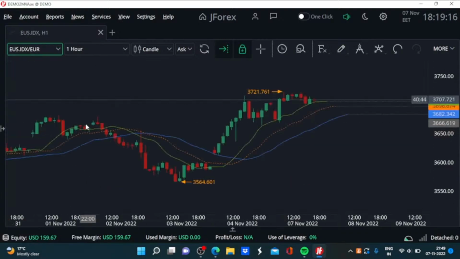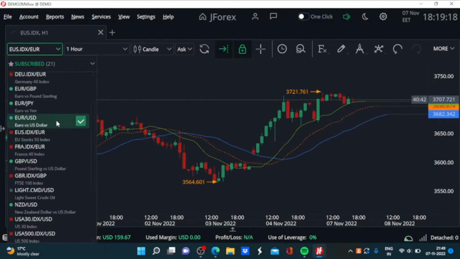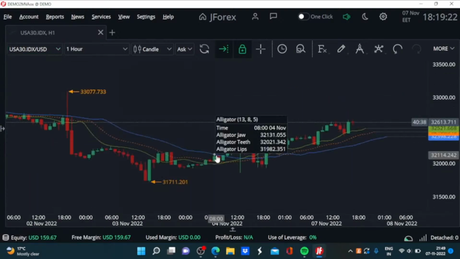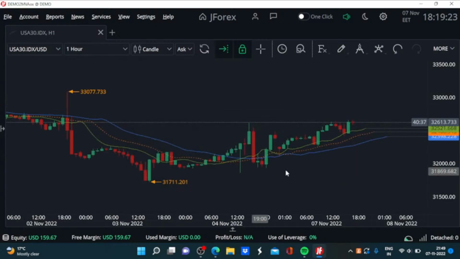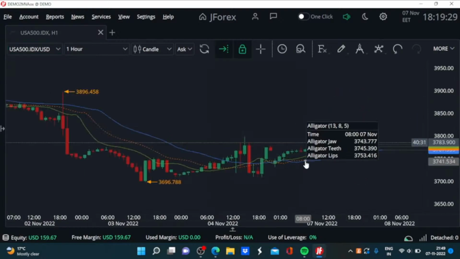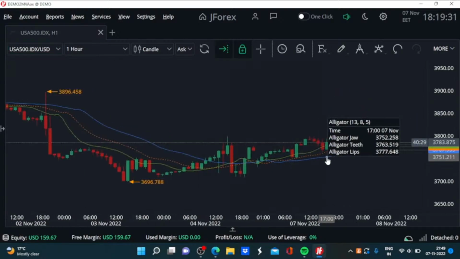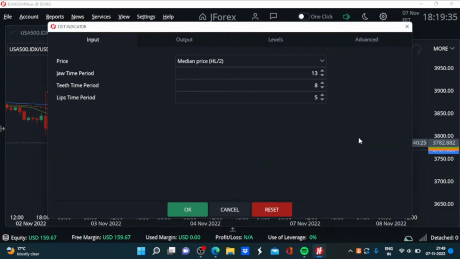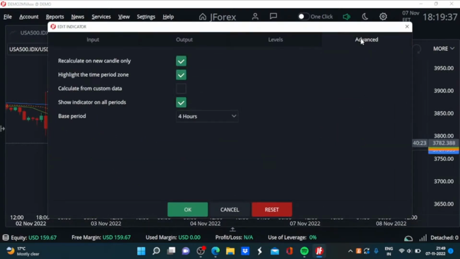So you can use it for any instrument of your choice, and it is likely to work well for you. You will get an idea, a sense of the trend, and that's how this indicator is designed. It is a simple indicator, simple to understand, simple to conceptualize, simple to apply, and equally simple to plot and